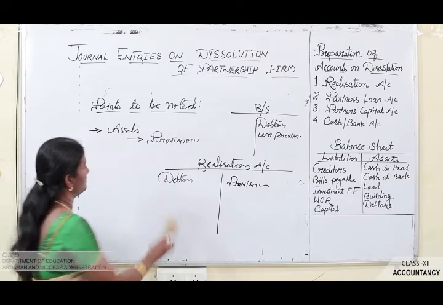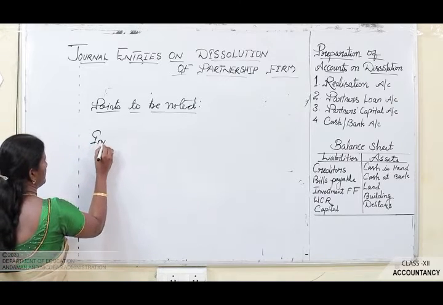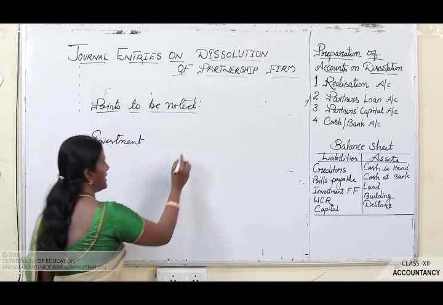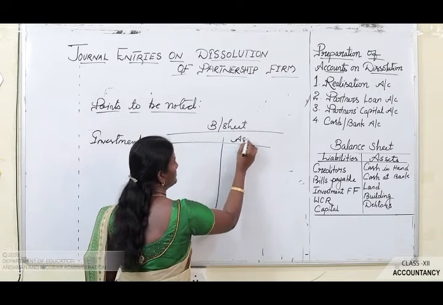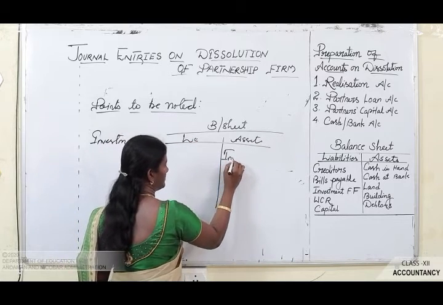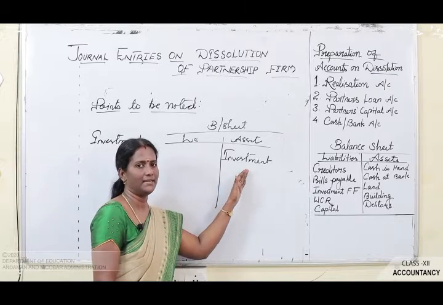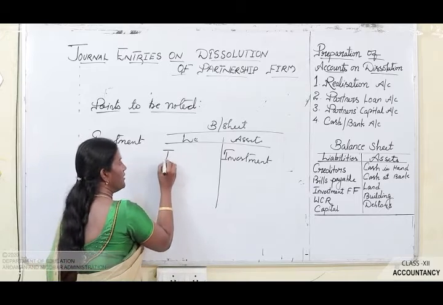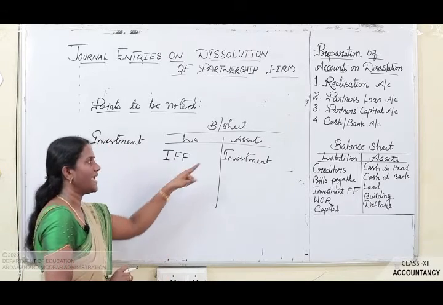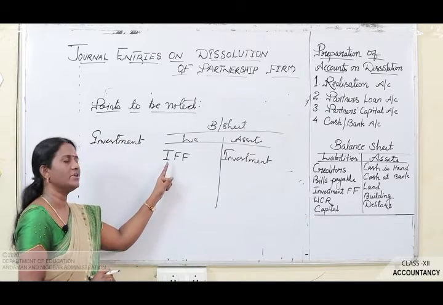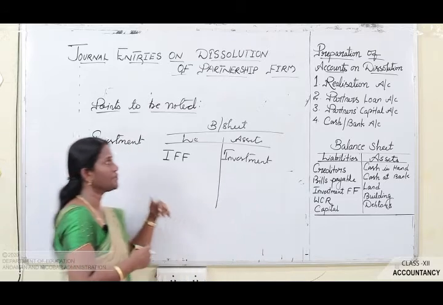Then investment, additionally आपको याद रखना है, investments will be... इन्वेस्टमेंट आपका कहाँ पे रहता है, बैलेंस शीट का एसेट साइड में। Investment will be shown in the asset side of your balance sheet, बट उसका करस्पॉन्डिंग जो रिजर्व है, Investment Fluctuation Fund, वो आपका लाइबिलिटी साइड में रहेगा। So if it is in the liability side, what you have to do, investment will be transferred to the debit of realization account and investment fluctuation fund will be transferred to the credit side of realization account। ठीक है, यहाँ पे आपको एडिशनली points to be noted।